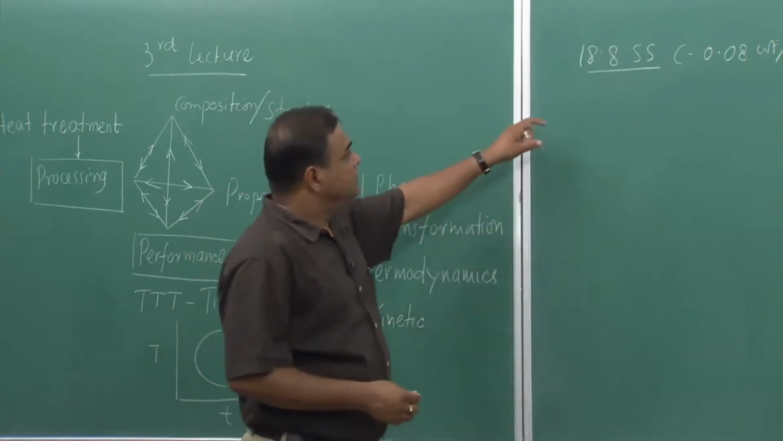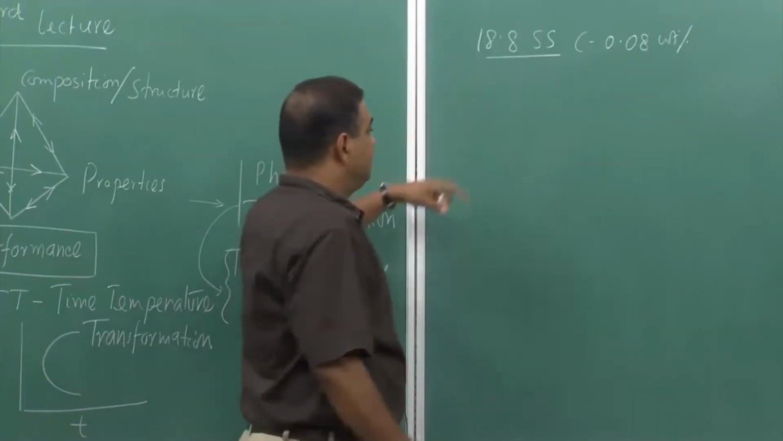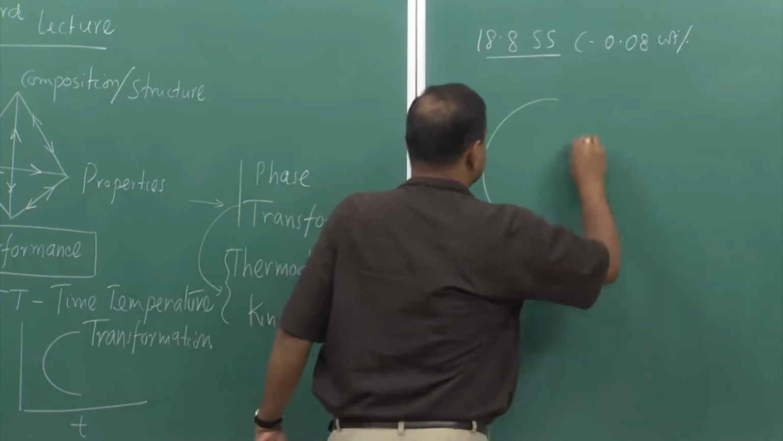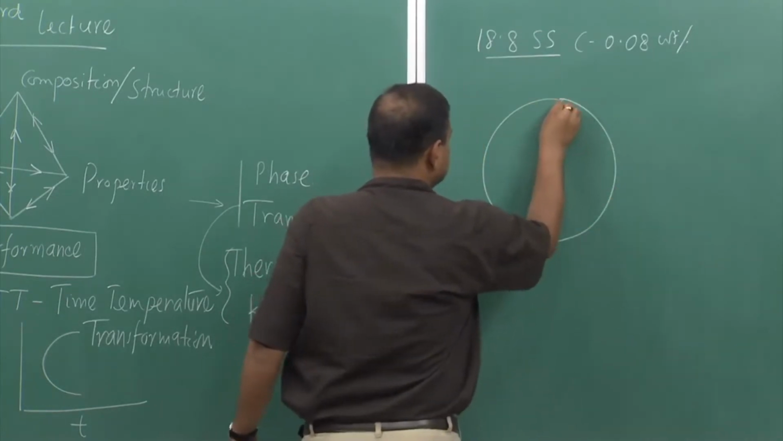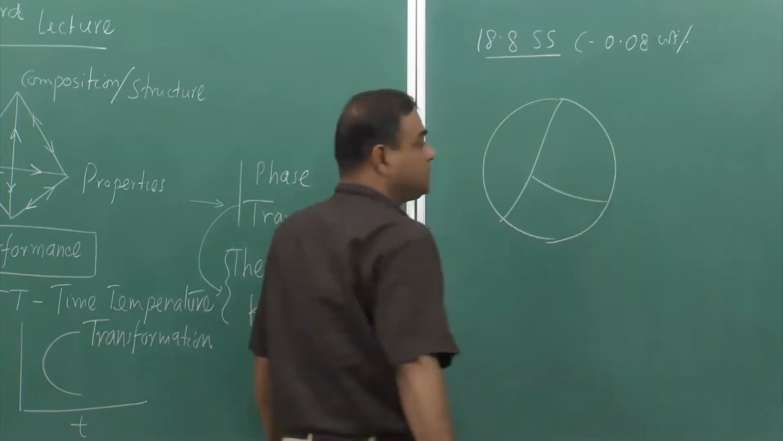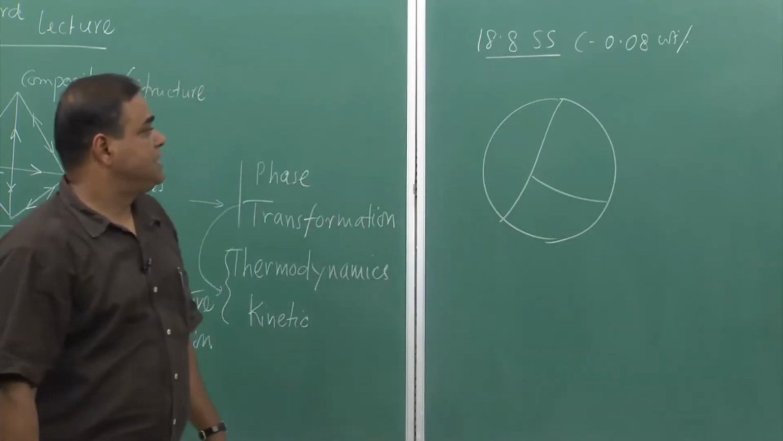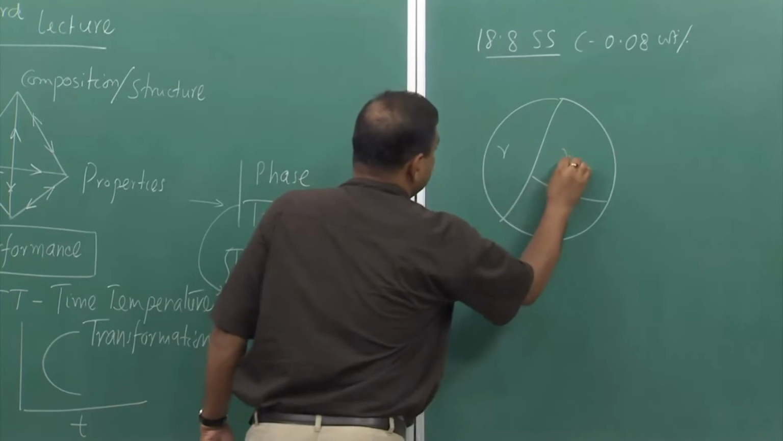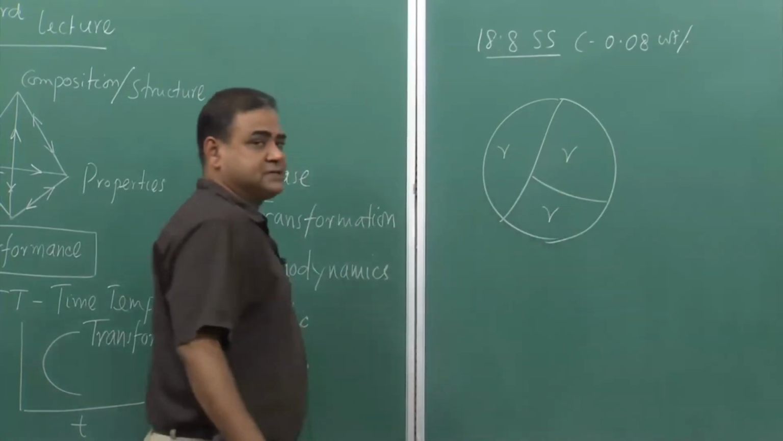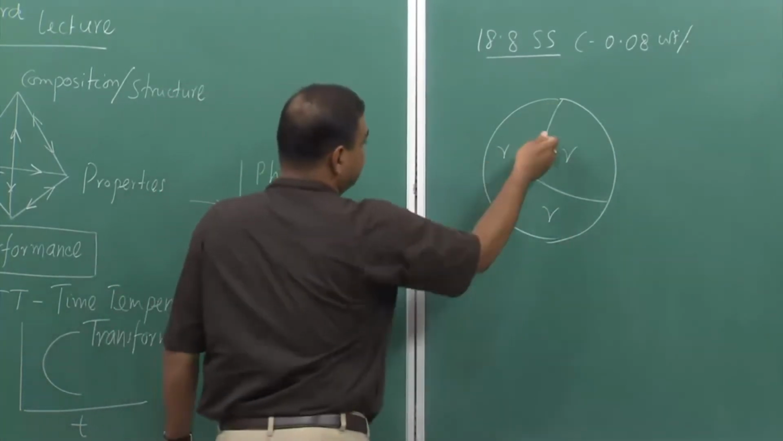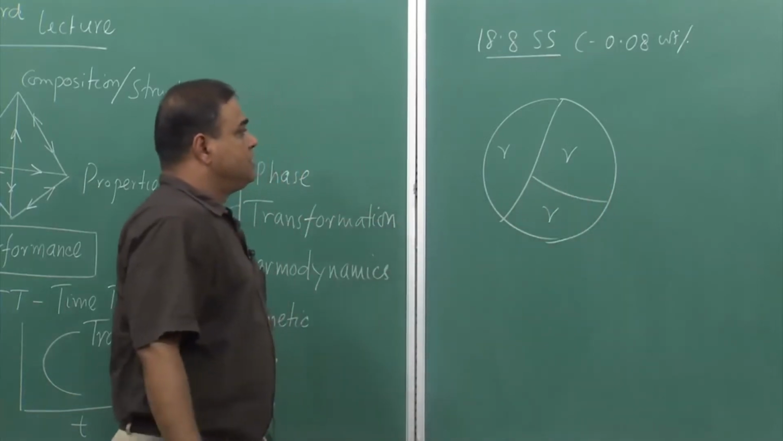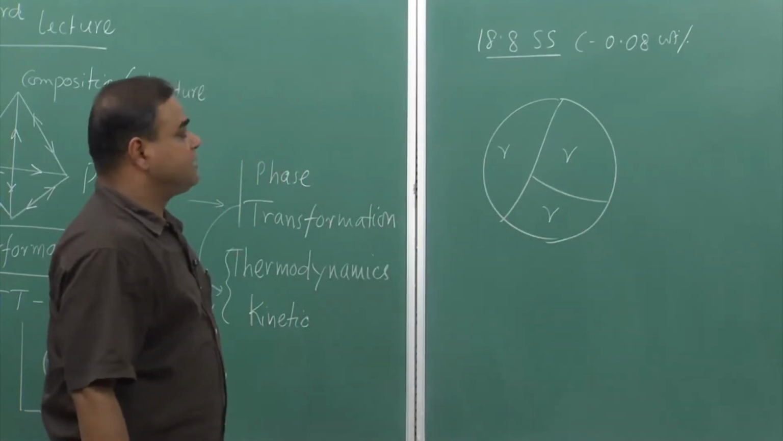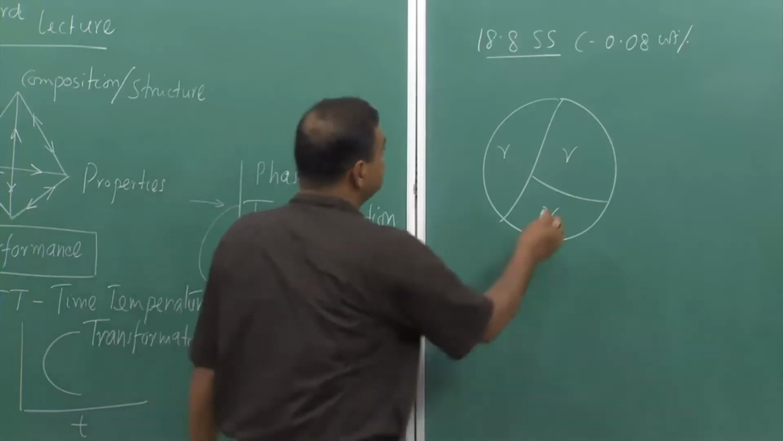And now, in this case, if we see the microstructure, the microstructure looks like polygonal grains, and if we see the crystal structure, we will see that all the grains are austenite, and these are the grain boundaries. Now, in this particular case, we have 18% chromium,